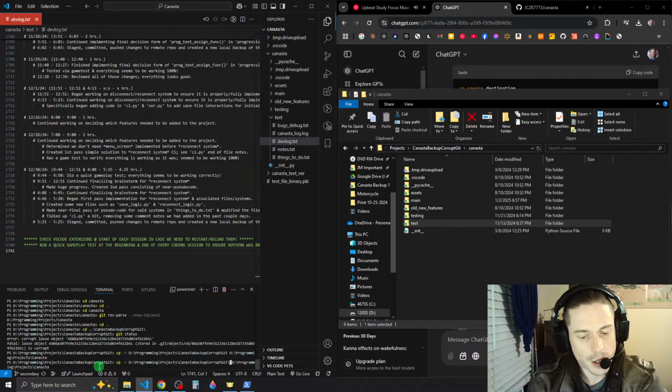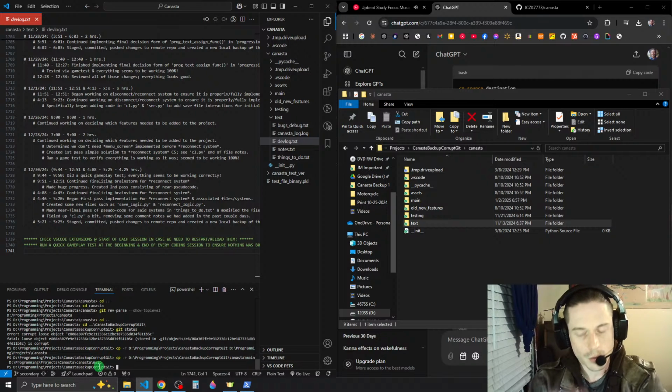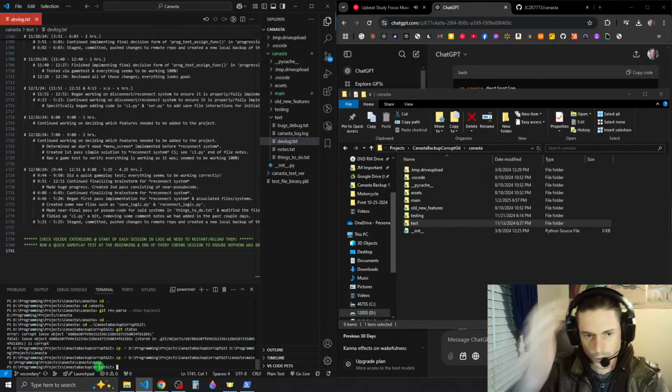Canasta backup corrupt git slash canasta slash main to D programming projects canasta slash little c canasta slash main, right? Is that correct?